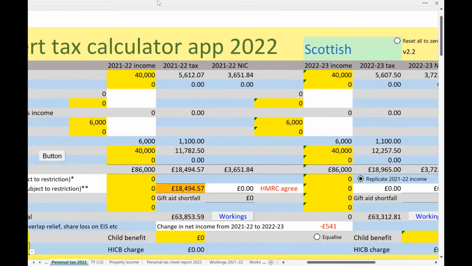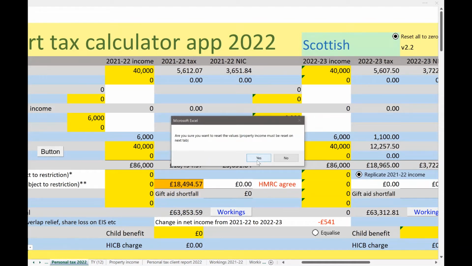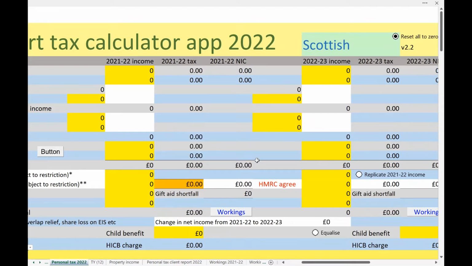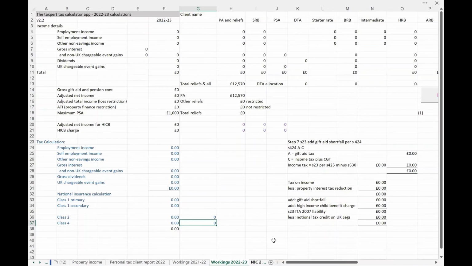The final thing I'll show you here is, if you want to start again, you can either save this, you can put in the client name and save it, or you can reset everything to 0. You sure you want to? Yes, please. And then we start again. We've also got a workings tab. So if you want to drill down, all right, I've zeroed it, but let me go back and put in